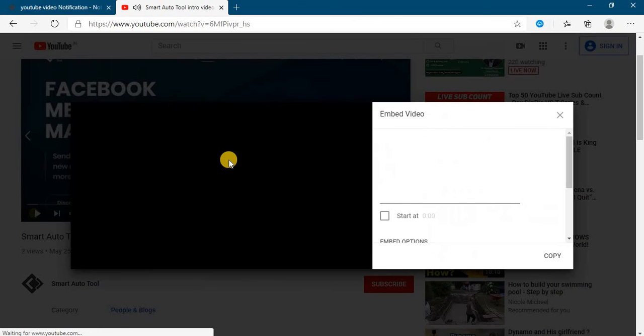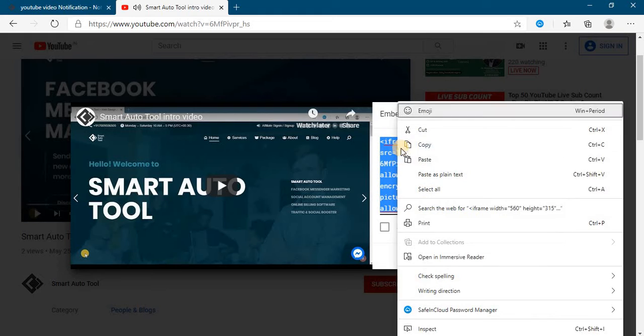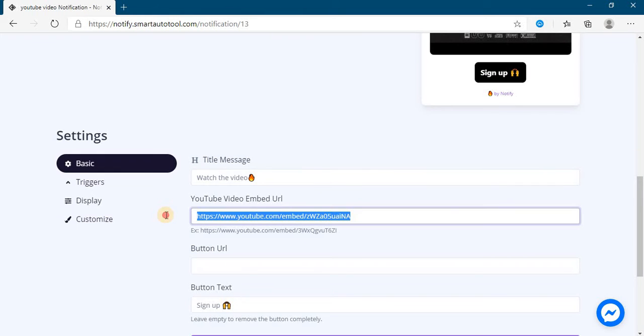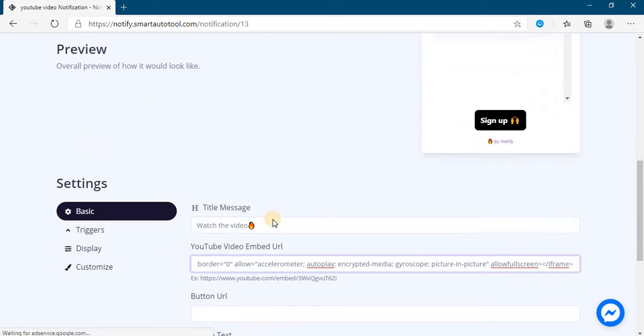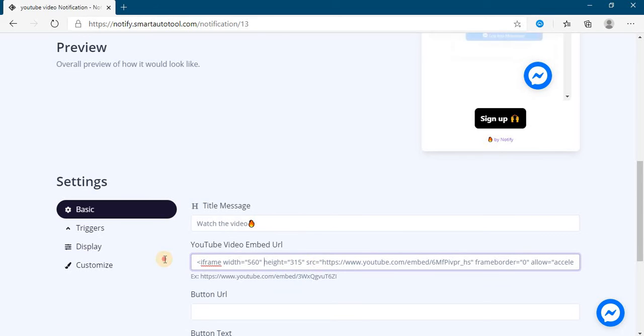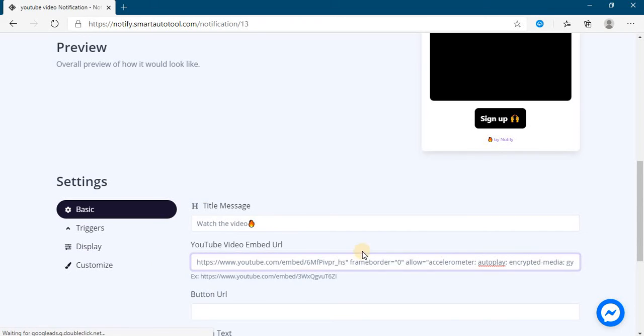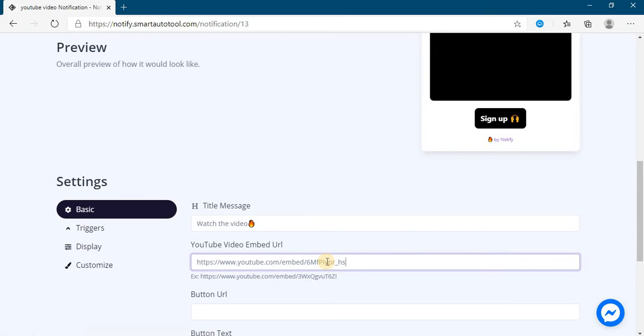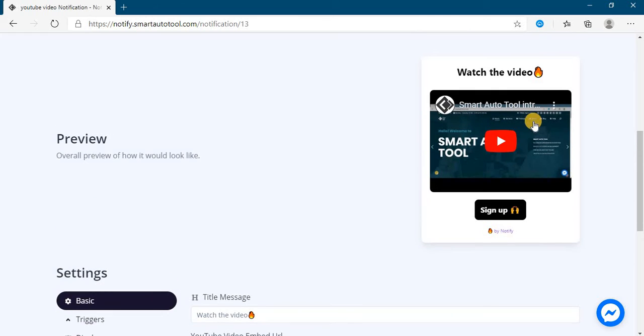Click on embed and copy this code. Now paste here. Delete all the unwanted code from the link. Okay, so this is the video's embed code.